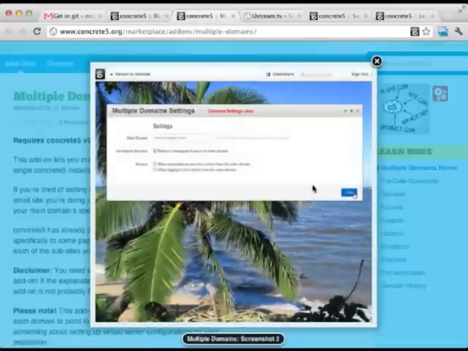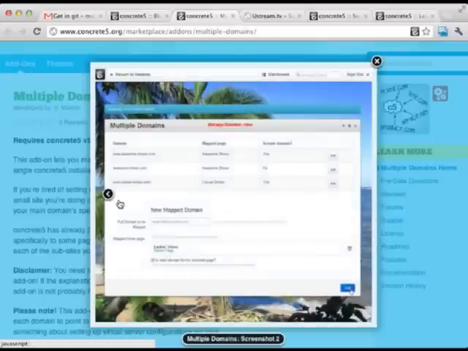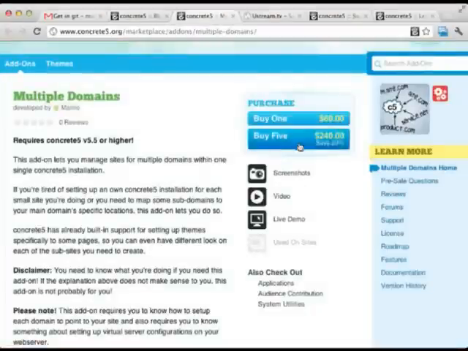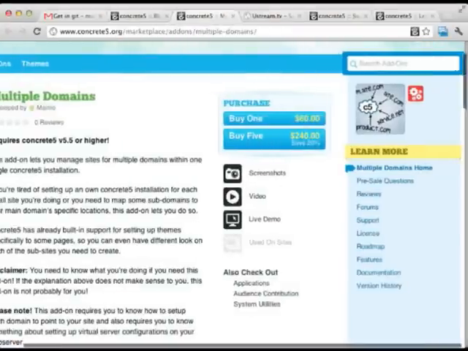Yep. Similar in some respects to the domain mapper add-on that we've got in there, a bit more configurable, a bit more complex to configure. So again, just like the domain mapper, it's probably not for running truly unique websites from a single concrete5 install. I know people often ask for that, hey, I'm going to run hundreds of websites from one install, and I don't know why they think that's a great idea, but that's not a great idea.